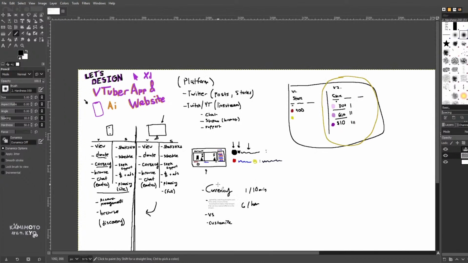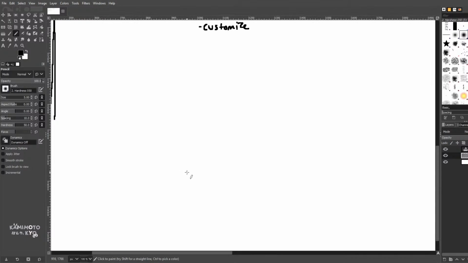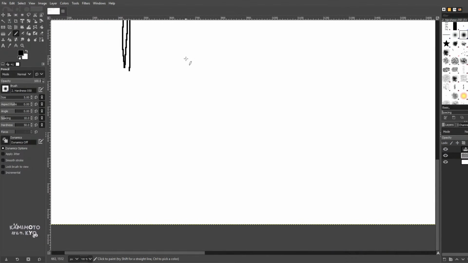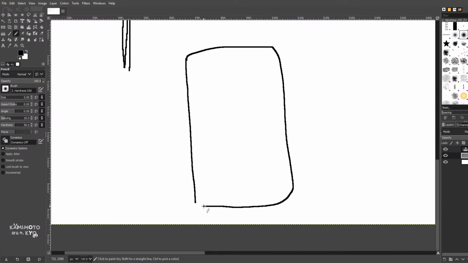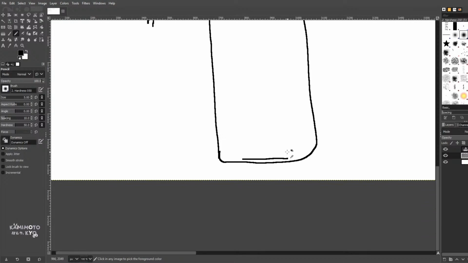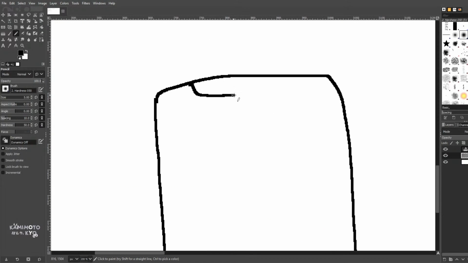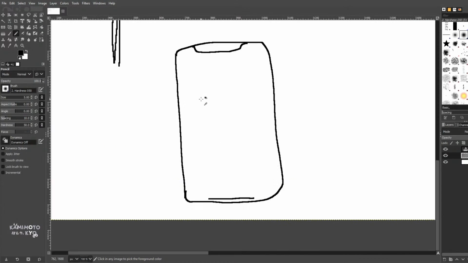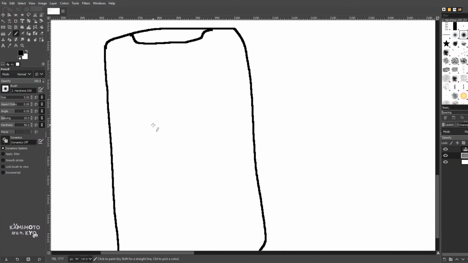So notice how there's a lot of things. And now the next thing that maybe we can start doing is figuring out the layout. So let's go ahead and draw a really dumb phone. There we go. So let's pretend this is an iPhone, right? So there's a little swipe up thing and a little notch. Okay. So this app, the way that I envision it in my head, how I think it's going to look,